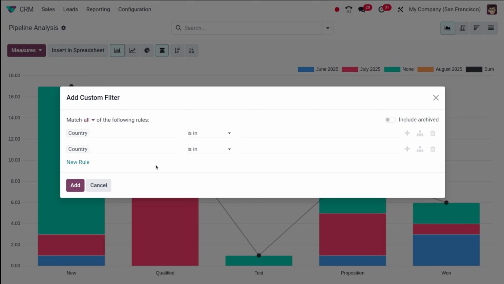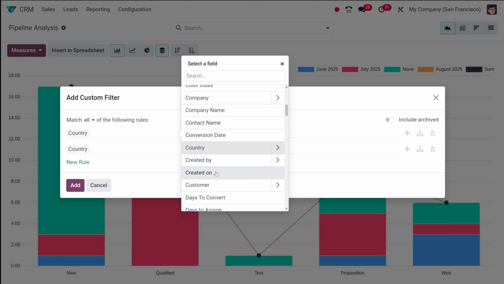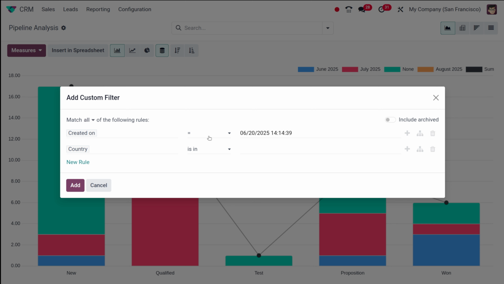Okay, now first of all, let's demonstrate adding each filter one by one within the add custom filter. So first thing is type created on. So here I'm giving created on. Okay, and the second field, you have to select is between. Okay, created on, select is between. And the third field, you use the calendar to select a 30-day range. Can be, for example, like May 20 to June 20, something like that.